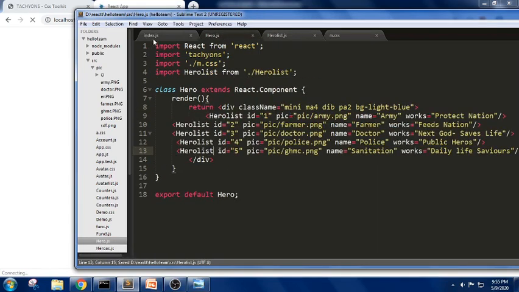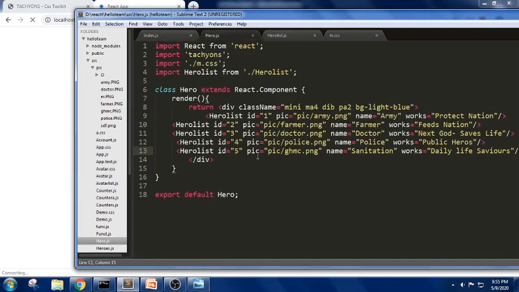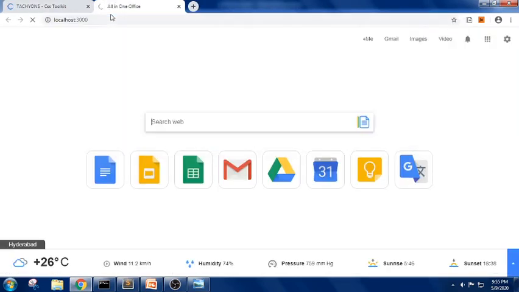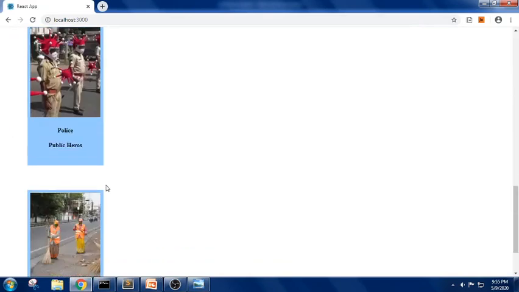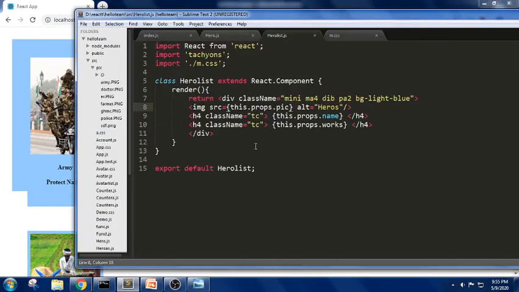So I'm trying to import it here and I'm trying to use this. Now if you can see, we got the 4 values and the 4 images. Now let's close this. Yes, we got it this way. So we should be able to display everything in the same line.